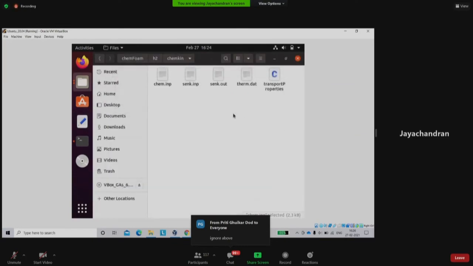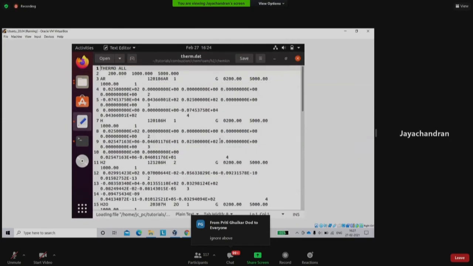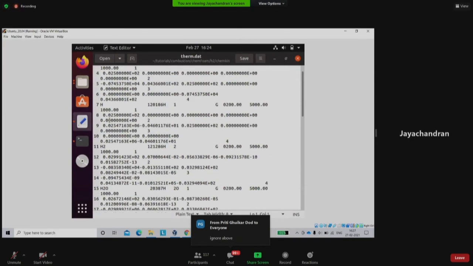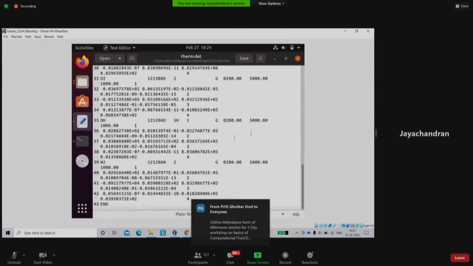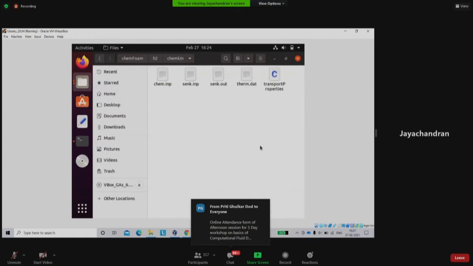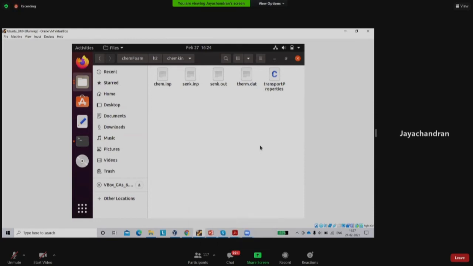This is one way. And in the therm.dat file also, you'll have different species. All the species will be defined in a single file. So this is basically for multi-step reactions having multiple species. In that case, it's not possible for us to write down all the equations. If it's possible, it's well and good. Otherwise, we can import it from some standard software or standard chemistry solvers.